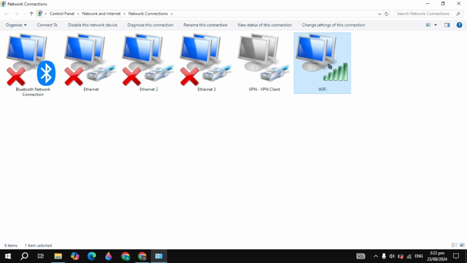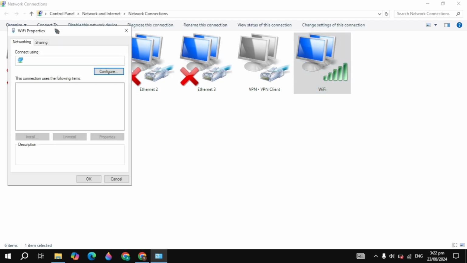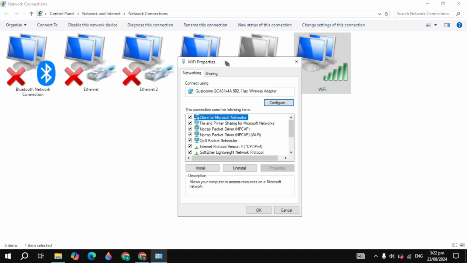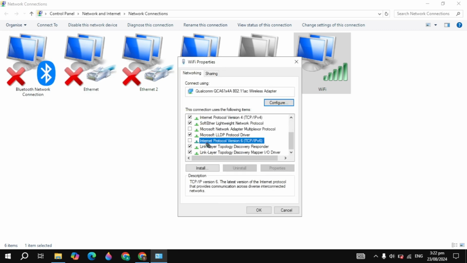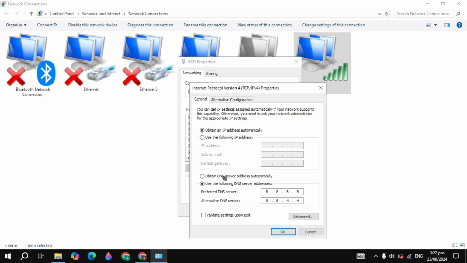Just simply open it. Here you just need to right click on your connection, go to the properties, and in the properties you have to scroll down and you will see the Internet Protocol Version 6. So you just need to make sure that you uncheck this. This is very important. Then highlight the Internet Protocol Version 4,